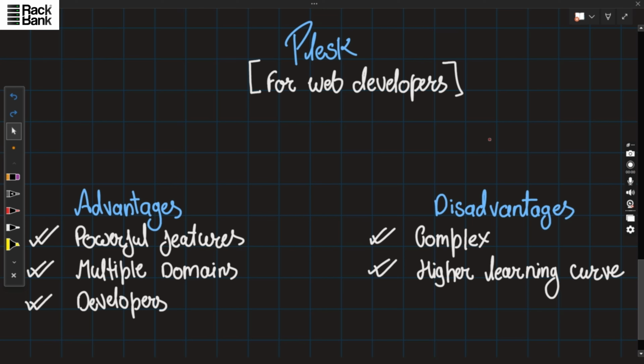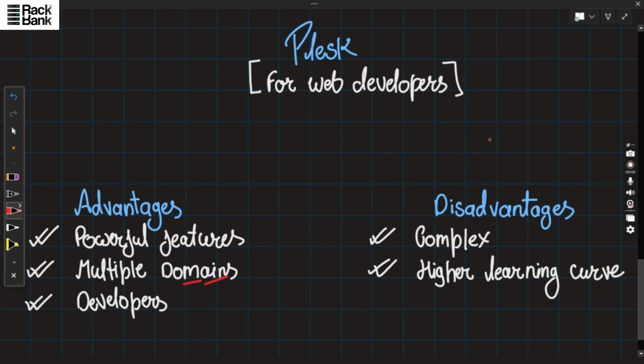Since Plesk is used by web developers, it is crucial to have powerful features within it. The second is that it can manage multiple domains in parallel. Unlike cPanel, it provides features such as managing multiple domains. And the third is that, because of its high performance, developers majorly prefer Plesk.